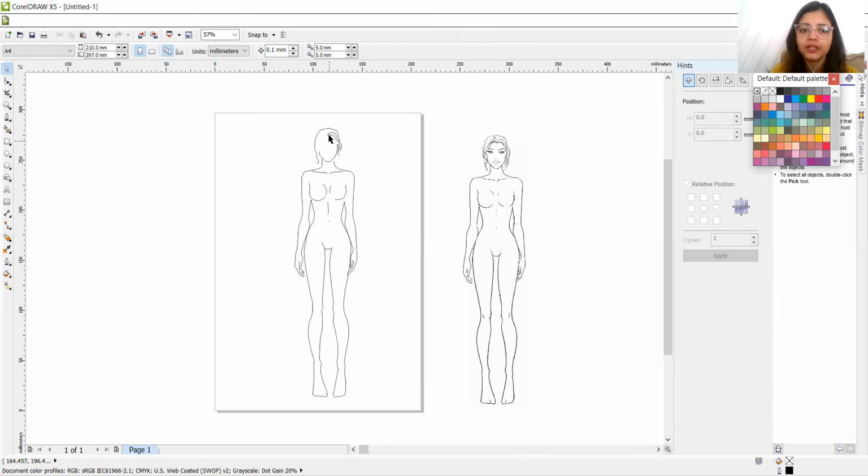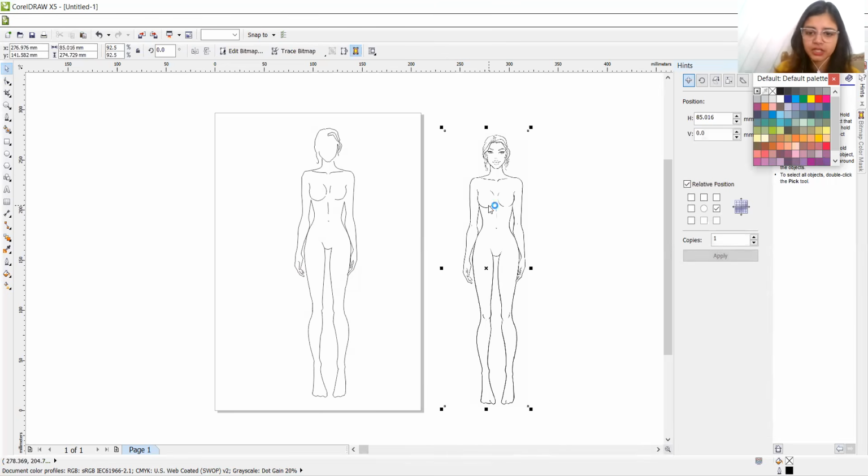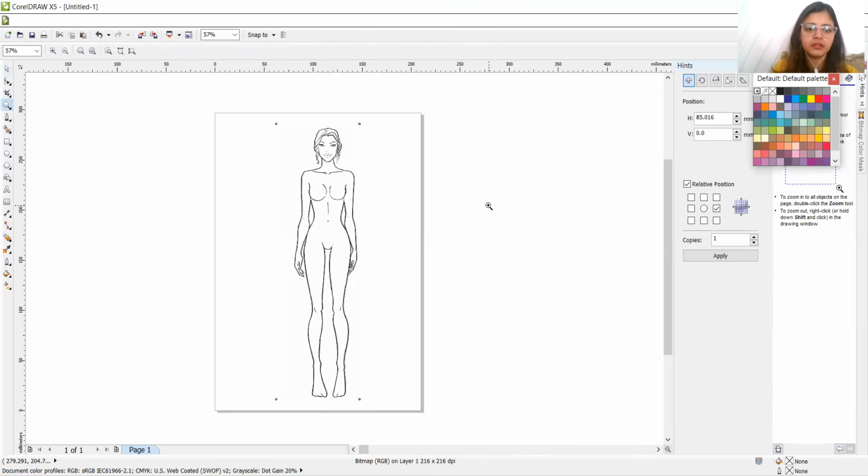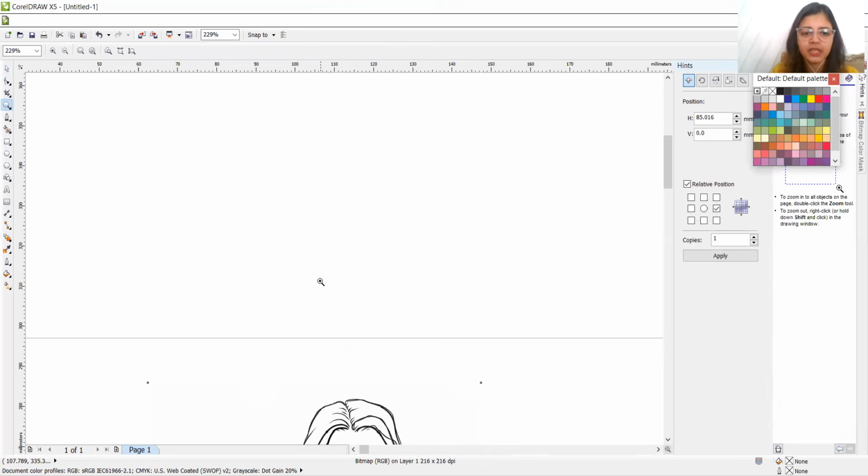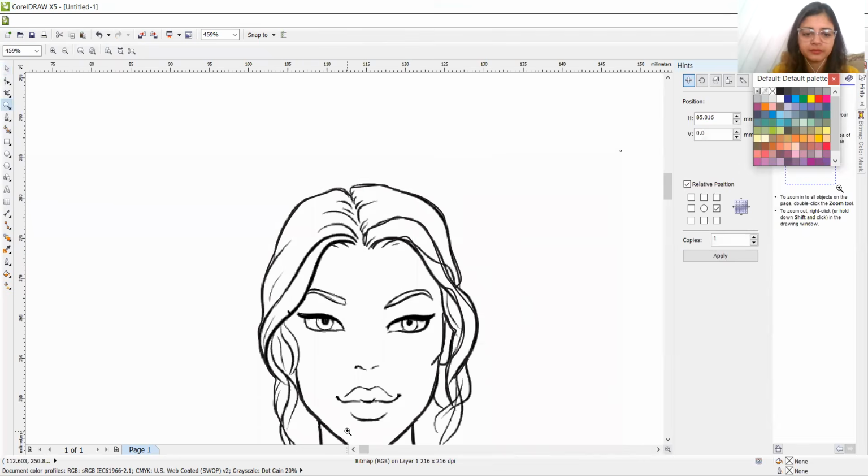If you want to add your face or eye part, you can just add that. So let me show you how to add. What else is remaining, we have to shape that.